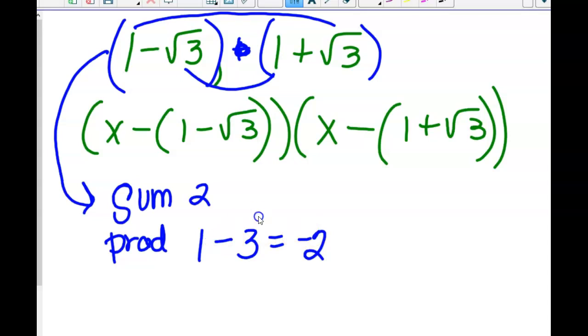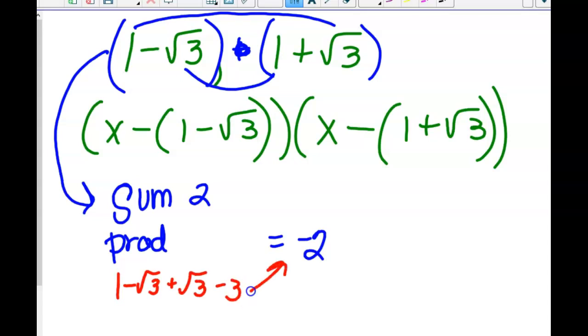Okay, because this was the FOIL step here. I made that look like it wasn't a product. When we FOILed it together, it was 1 minus the square root of 3 plus the square root of 3 minus 3, which became this. That was when we FOILed it together, so it's the product. So now, using that rule, all of that disaster should FOIL together, or distribute together, multiply together, to become x